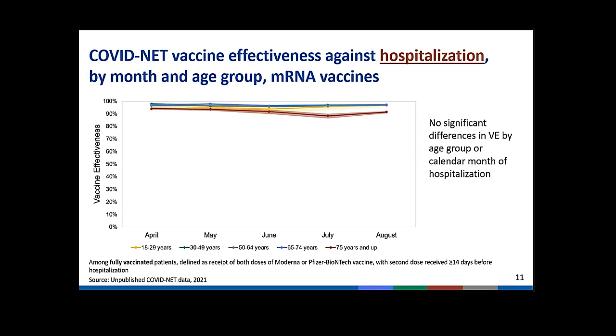Here we have VE for the mRNA products by age group over time during April to August from COVIDNet. While this slide represents Pfizer and Moderna vaccines combined, approximately 71% of the vaccinated cases shown here received Pfizer, although this may be an artifact of most residents of long-term care facilities participating in the federal distribution program receiving the Pfizer product. As you can see, VE remained well above 90% and highly overlapping for all ages up to 74